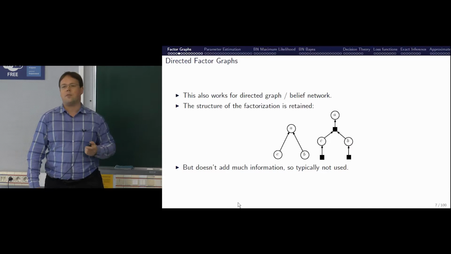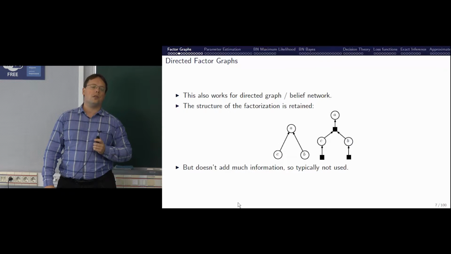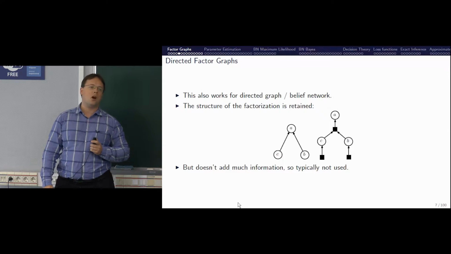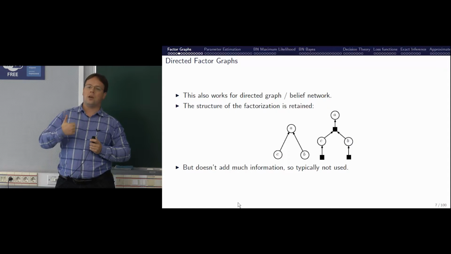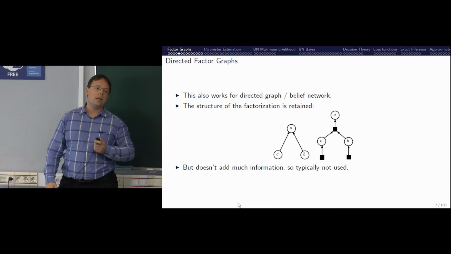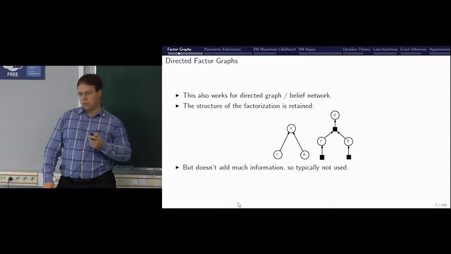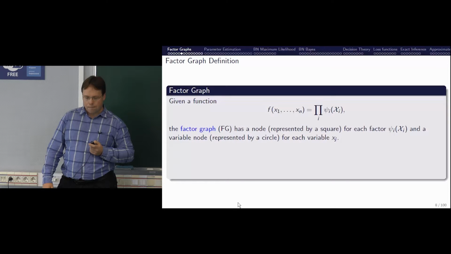You can also do a factor graph for a directed model. These are slightly less interesting because in a directed graph, you already knew exactly how many product terms you would have and how they look. You have one for each variable, and it's always the conditional probability of the variable given its parents. So from the directed graph, you can directly read off the factorization. If you introduce this factor graph, you don't win anything, so it's typically not used. For undirected models, it's used. Okay, so